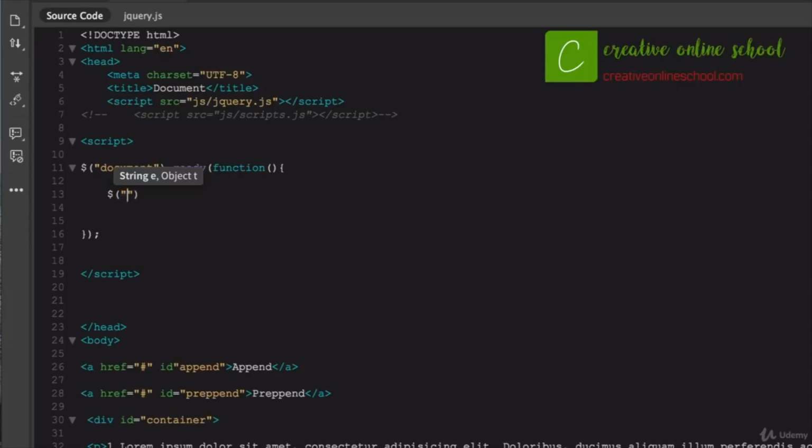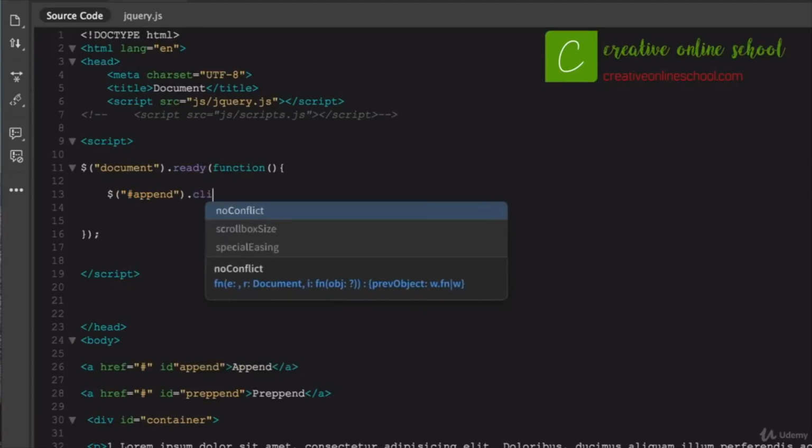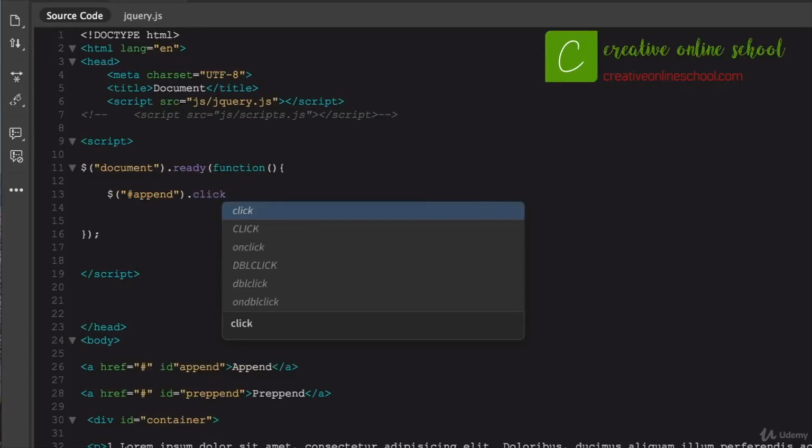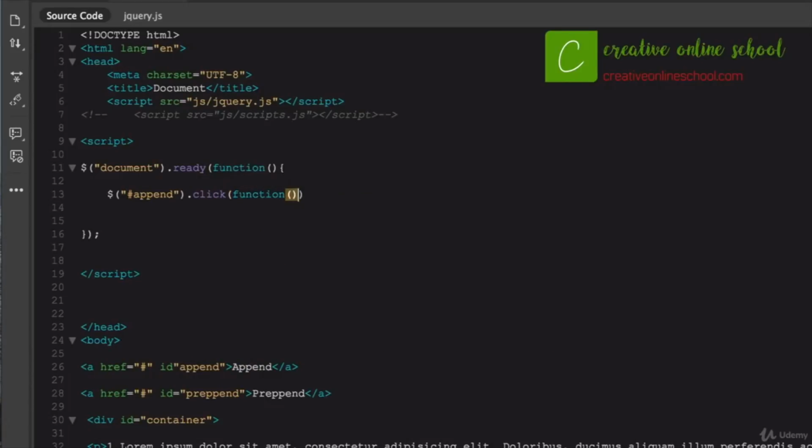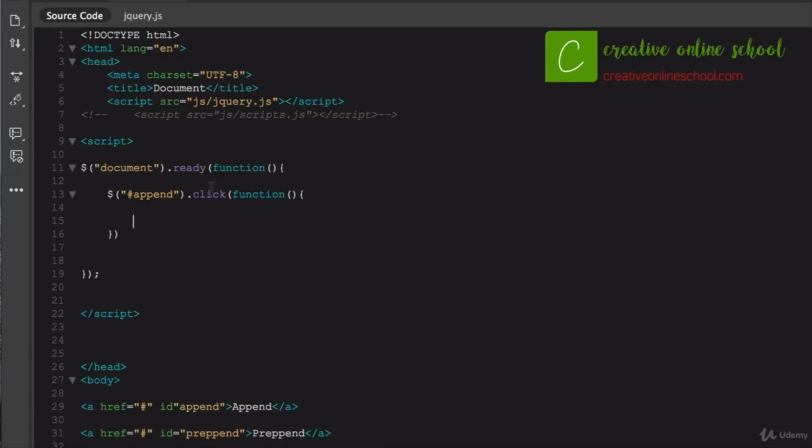And we'll say, within a pair of quotes there, we're going to target the append. It's nothing too crazy going on here, just targeting the append right there to the ID down here. And this is going to be a click event. So when I click on it, what's going to happen? We're going to create a function. And within that function,